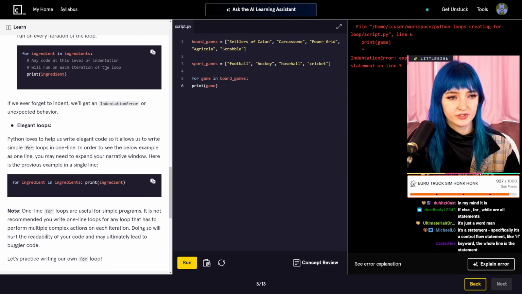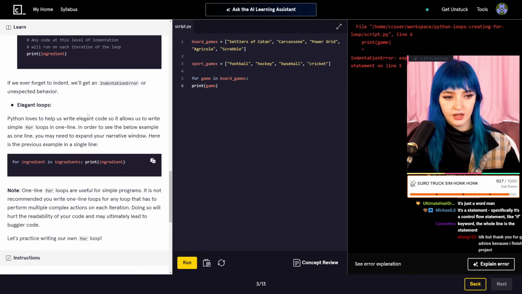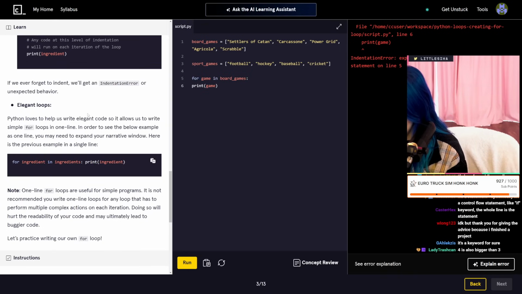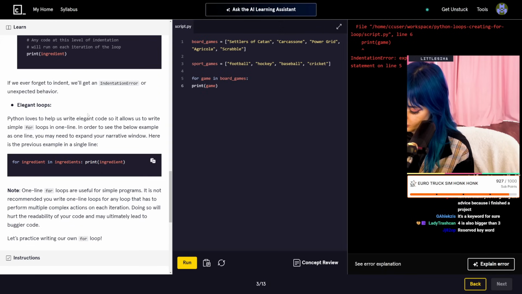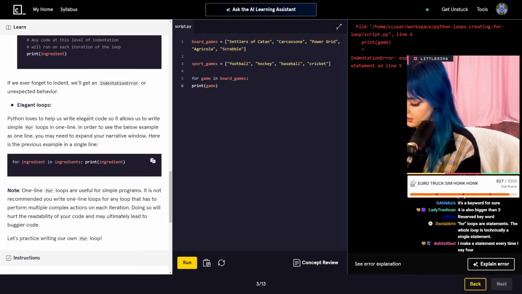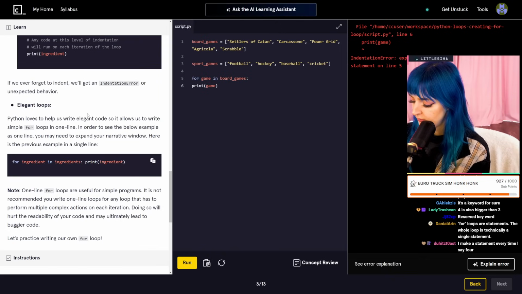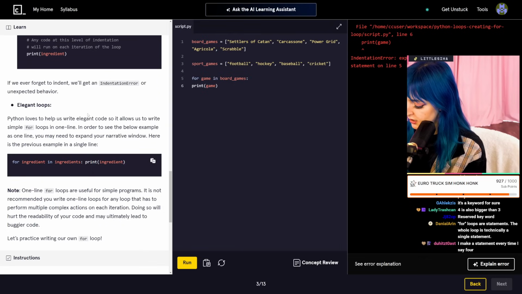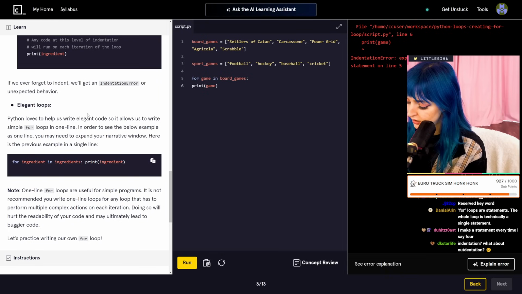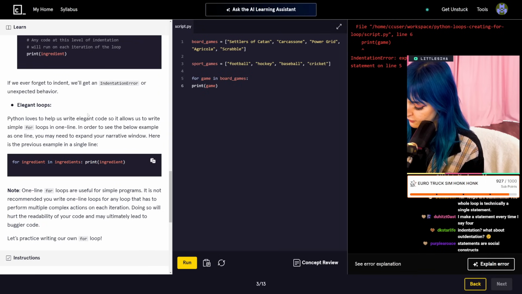Any code at this level of indentation will run on each iteration of the loop. Okay, and then elegant loop: for statement written in one line, parentheses, not recommended for complex loops. And then it would be for